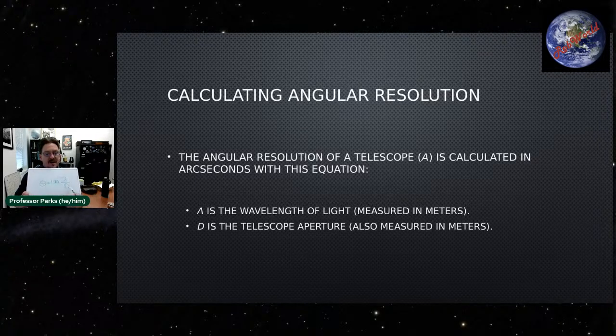So what we're seeing here is the relationship that I really want to point out: the angular resolution is inversely proportional to the aperture size. And again, remember, the smaller the angular resolution, the better, the finer detail that you can see. So if D increases, theta decreases. So bigger, better. But you also have this figure of lambda, which also comes into play.